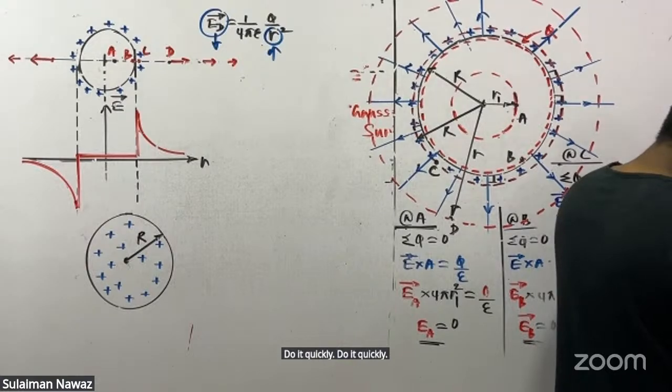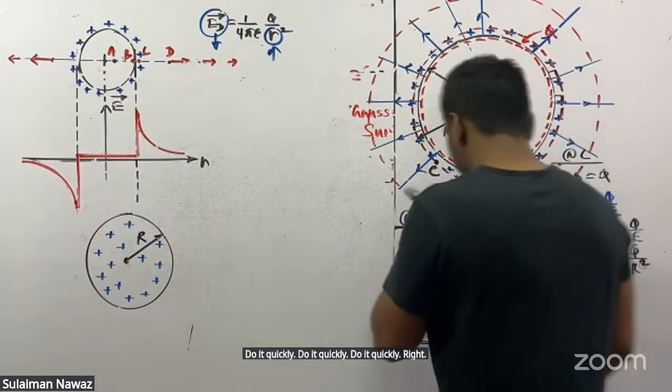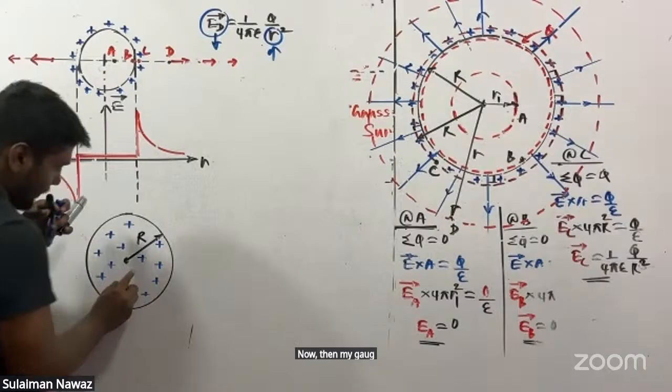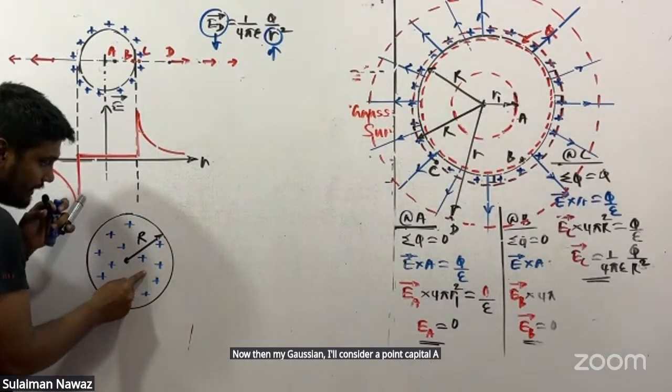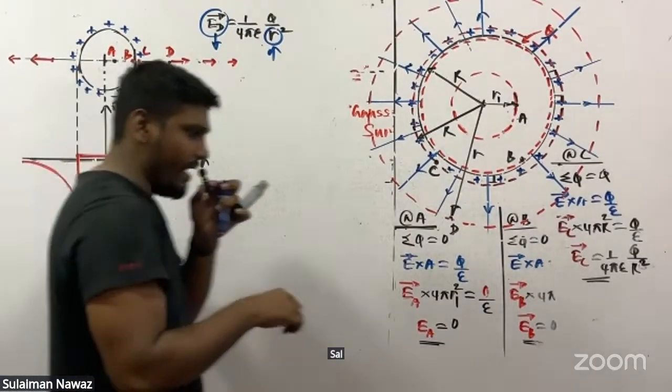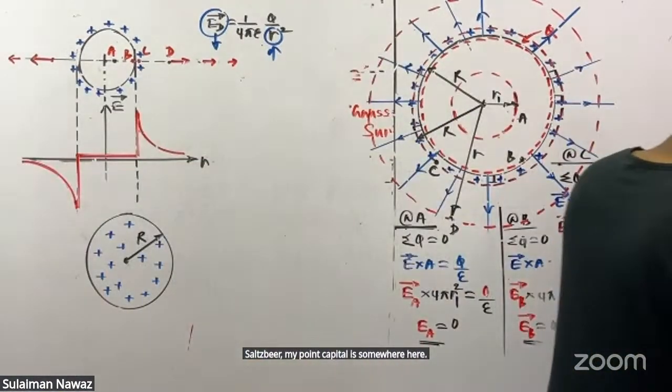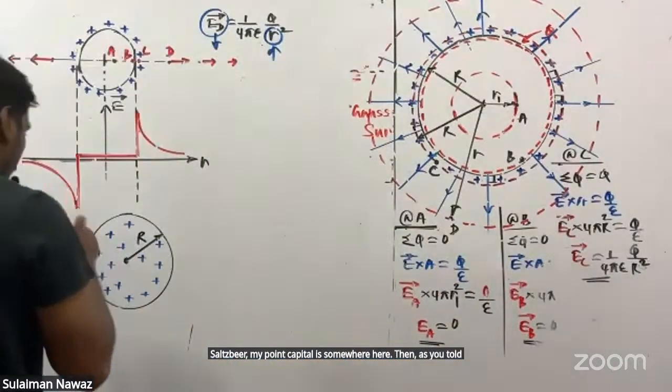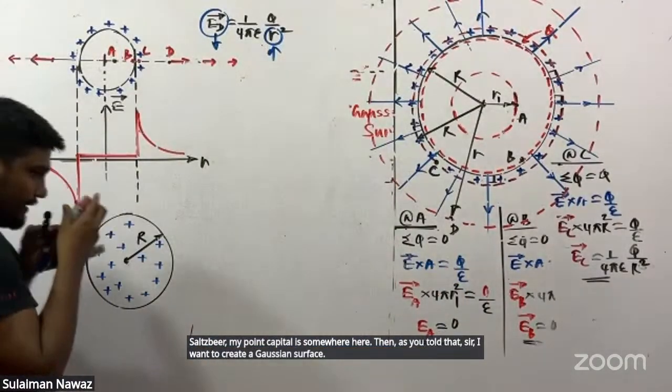Now then, my Gaussian surface. I'll consider a point capital E inside this non-conductive solid sphere. My point capital E is somewhere here. Then, as you told me, sir, I want to create a Gaussian surface. I select my Gaussian surface as